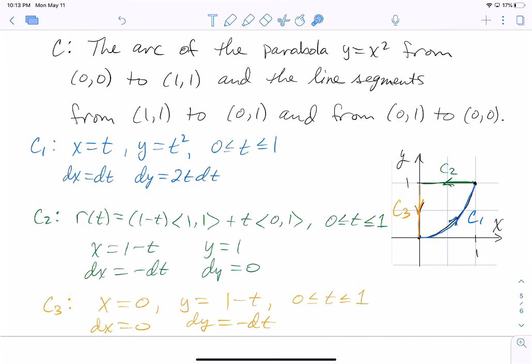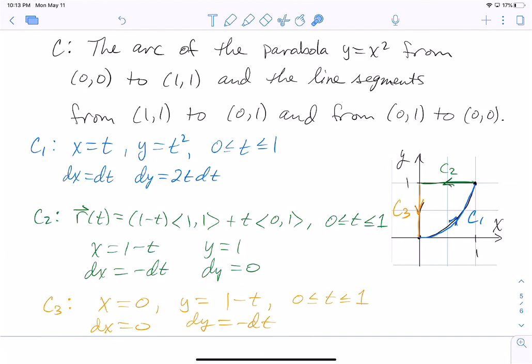For the parabola, we let x equal t so that y equals t squared. T goes from 0 to 1, so dx is dt and dy is 2t dt. For the segment going from (1, 1) to (0, 1), we're using the formula that we have for the vector function that connects one point to another. The result is that x is 1 minus t, y is 1, and so dx is negative dt,